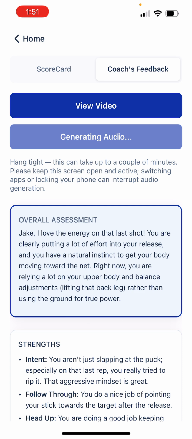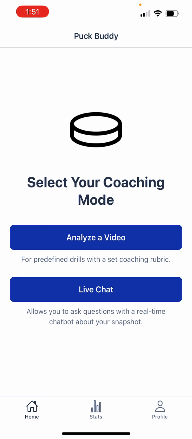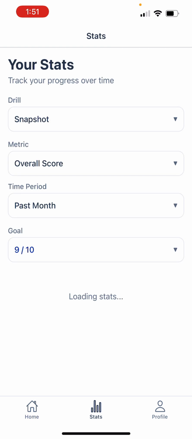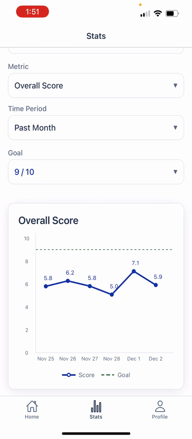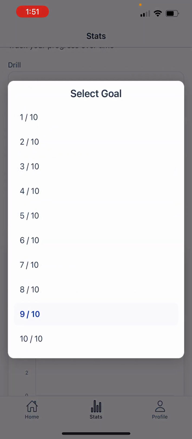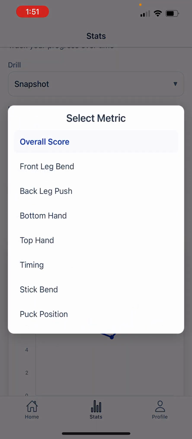And the last thing that we're going to do here is we're going to actually go ahead and check out those stats that I referenced earlier. So after I've analyzed my video for today, what I'm going to do is come into stats, and I'm actually going to see how my stats are progressing over time. So for example, if I wanted to score 6 out of 10 for my front knee bend,